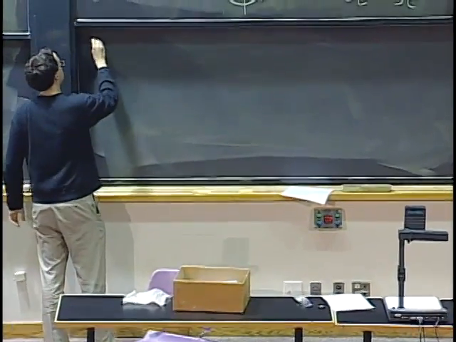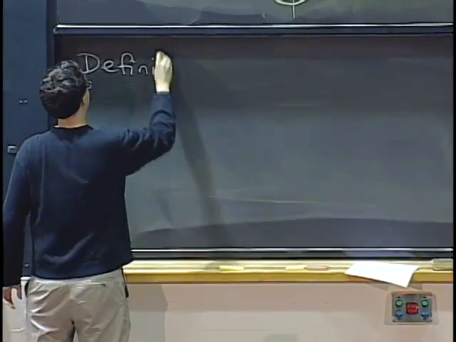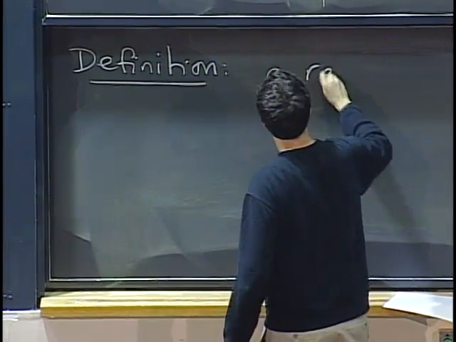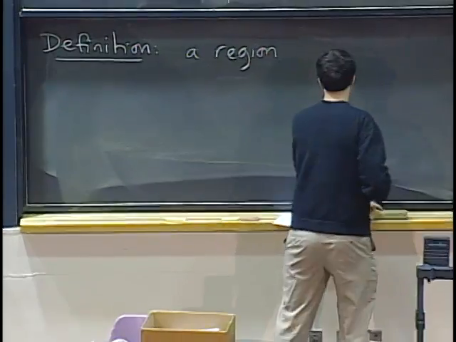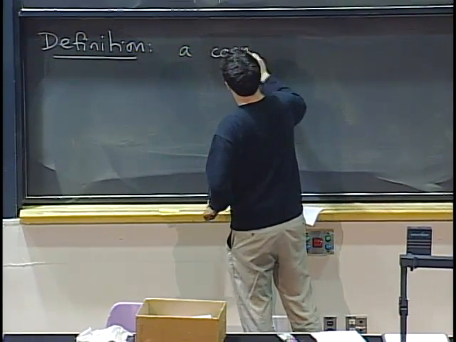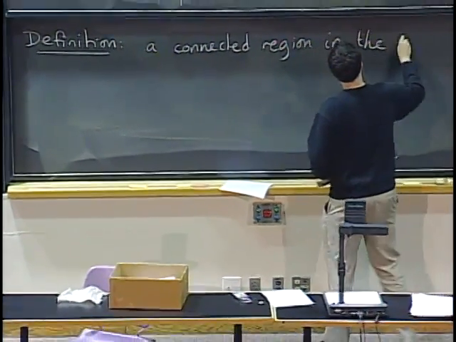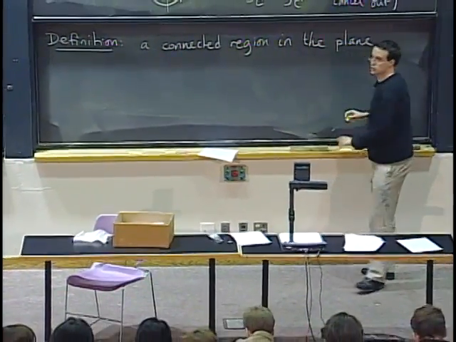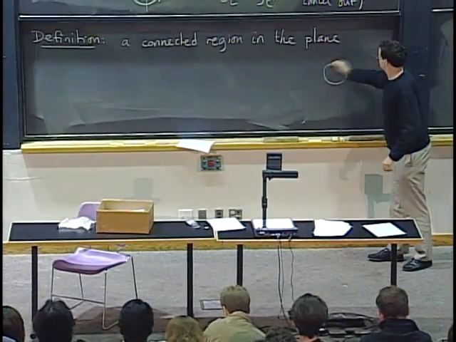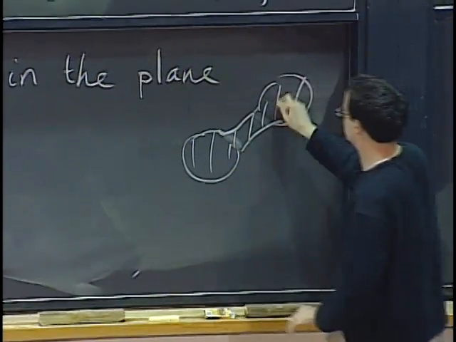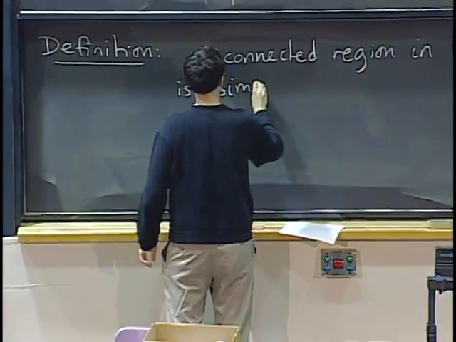Okay. And a last cultural note. So a definition. We say that a region in the plane, sorry, I should say a connected region in the plane. So that means connected means it consists of a single piece. Okay, so connected, there's a single piece. These two guys together are not connected, but if I join them, then this is a connected region. We say it's simply connected